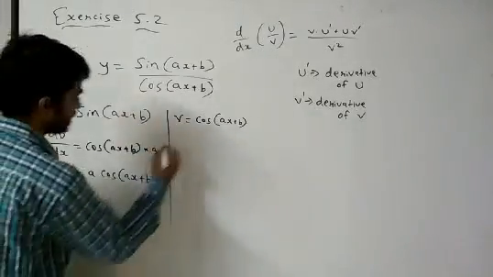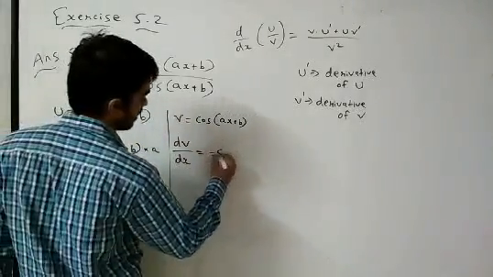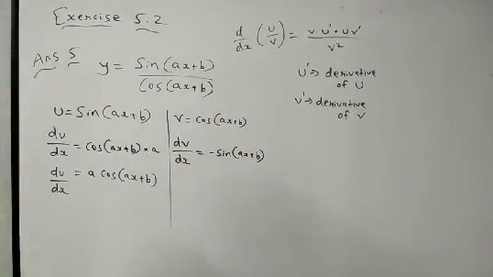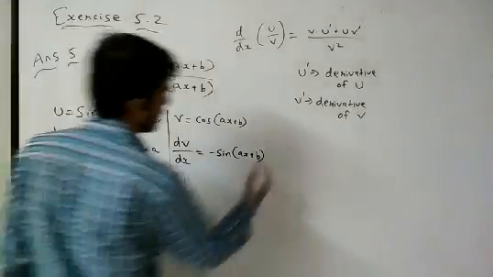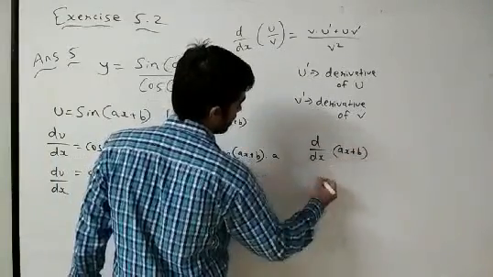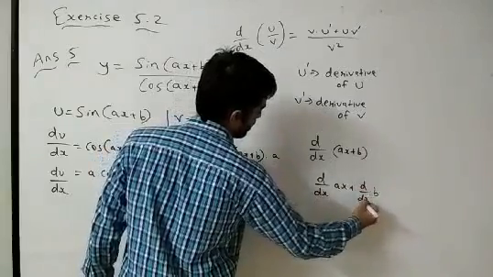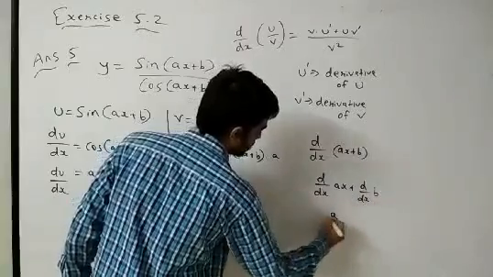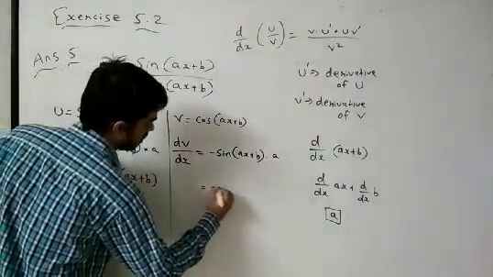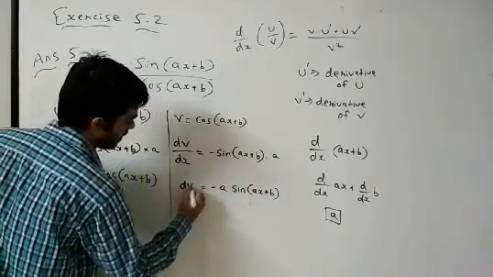Same way for here, that is dv by dx, the derivative of cos is minus sine, so minus sine of ax plus b, and the derivative of ax plus b. So here also same way. What is the derivative of ax plus b? Multiply with a, because d by dx of ax plus b is d by dx of ax plus d by dx of b. Now here a is common and here 0, so a will be our answer. So I have written here a, here also a. So I can write here minus a sine of ax plus b, that is dv by dx.